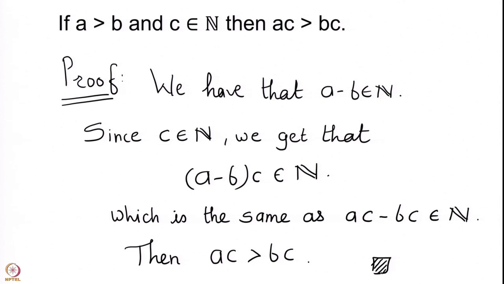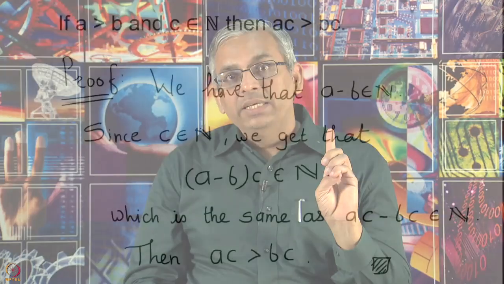So, you see this proof was also not quite difficult. All we needed to do was use the properties of natural numbers. If you have a minus b, a natural number, and another natural number c, then the product is a natural number. That is the only thing we have used here. If you multiply a minus b by a non-natural integer, that means a negative integer or 0, then you are no more within the set capital N. You go outside the set capital N, and therefore, the inequality may be reversed if you multiply by a negative number, or the inequality may turn into equality if you multiply by 0.